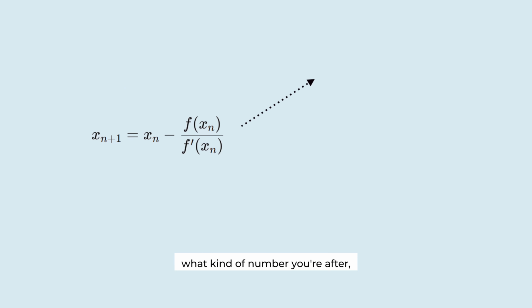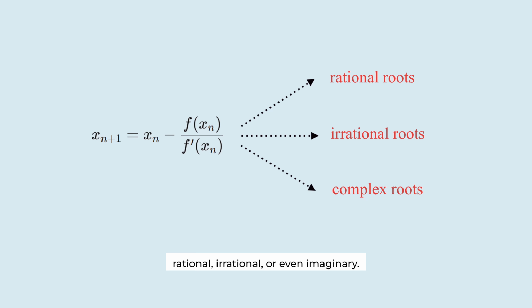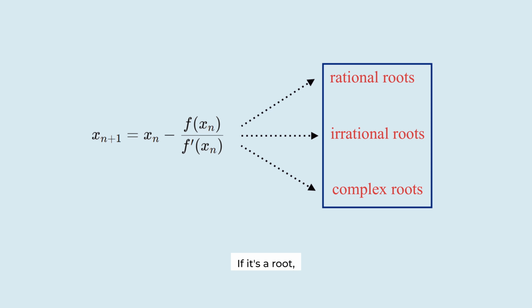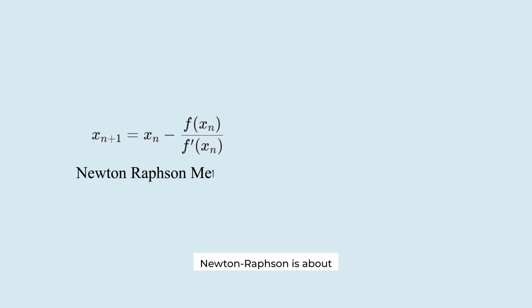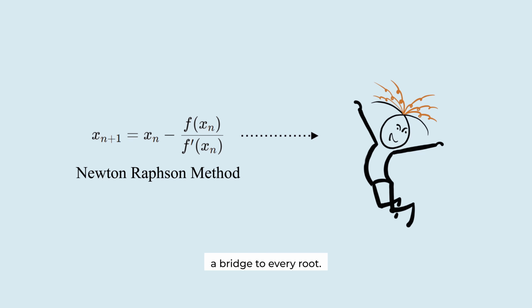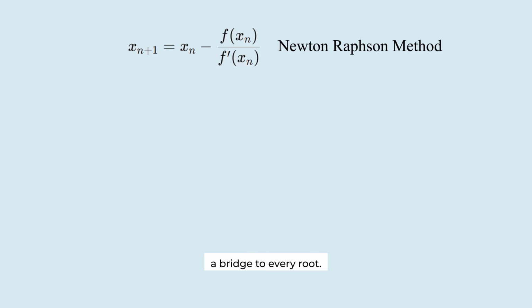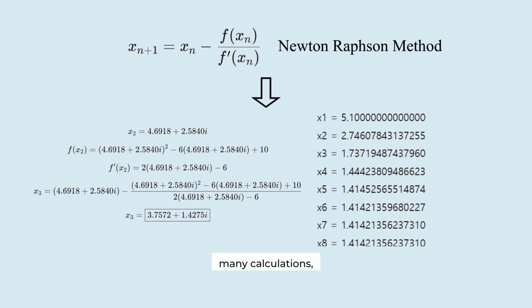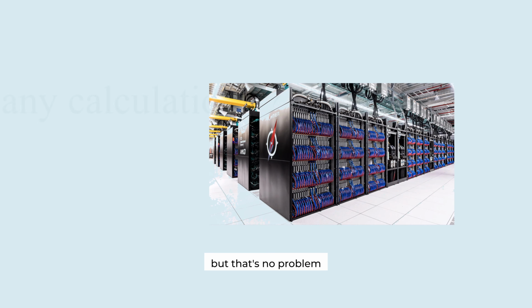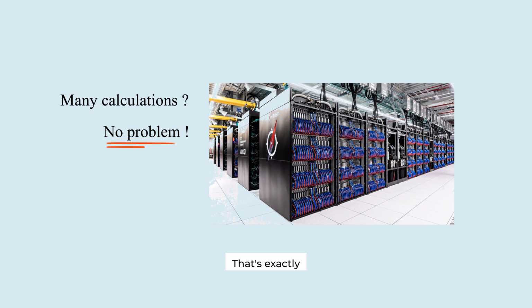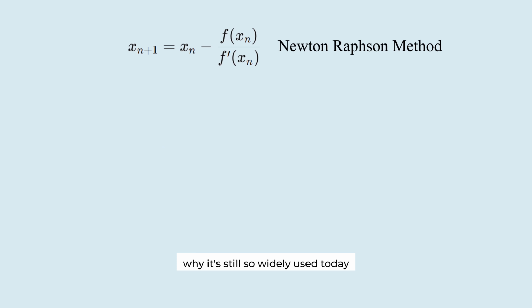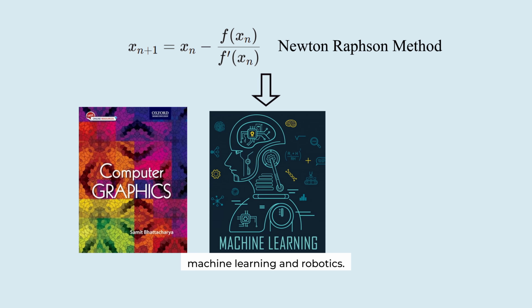Newton-Raphson doesn't care what kind of number you're after, rational, irrational, or even imaginary. If it's a root, you'll find it. Newton-Raphson is about approximating the solution, but today we've seen its real potential, a bridge to every root. Newton-Raphson requires many calculations, but that's no problem for computers. That's exactly why it's still so widely used today. In fields like computer graphics, machine learning, and